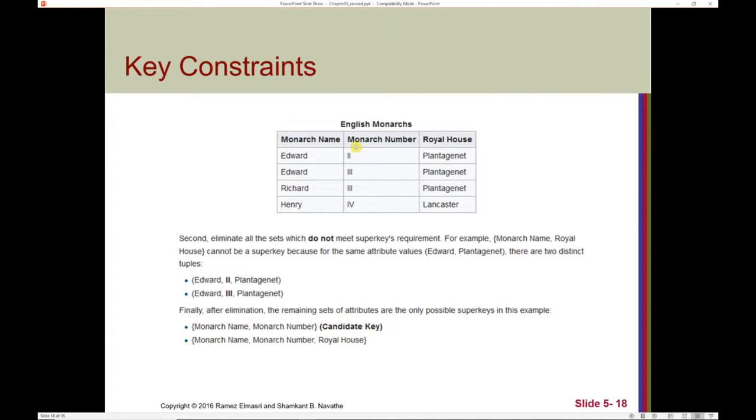and monarch number. So we look down, and at each of the combinations, we have Edward II, Edward III, Richard III, and Henry IV. Now those are all different. So that is a superkey. What about monarch name and royal house? Well, that's not going to work either because we have two tuples, as it says here, that have Edward Plantagenet. So